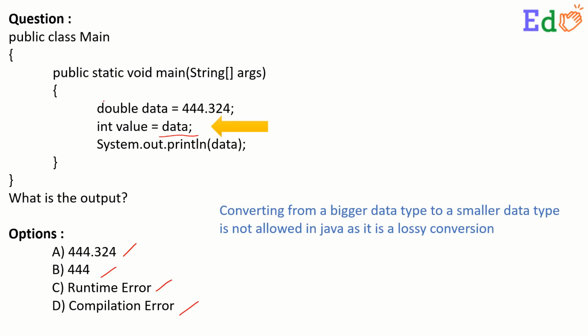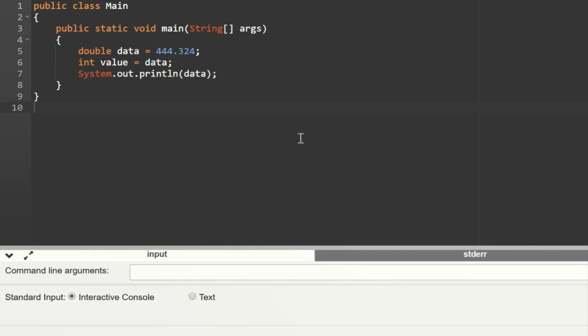Now data is double. So converting from a bigger data type, that is double, to a smaller data type, that is int, is not allowed in Java, as it is a lossy conversion. So it must give us a compilation error. So let us check in the IDE,